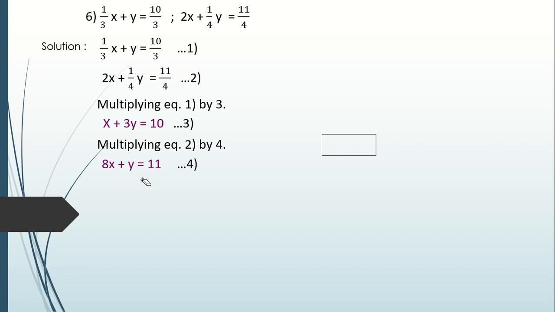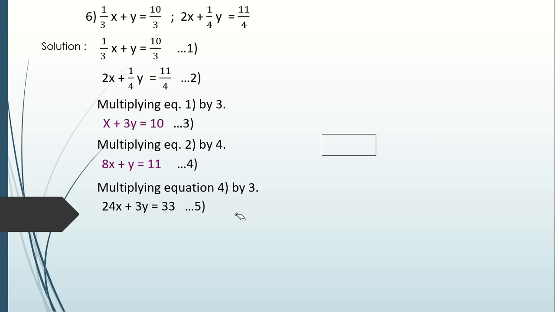Alright, now see which is getting eliminated. This is x and 8x. So if you want to eliminate x first, you multiply equation throughout by 8. And if you want to eliminate y, you can multiply here by 3. So whichever way you find easy, you can do. So multiplying equation 4 by 3 is done. Okay, that means we are eliminating y first. So when I multiply here by 3, I get 8 3s are 24x plus 3y is equal to 33, right? So that's my equation number 5: 24x plus 3y is equal to 33. Multiplying equation number 4 by 3.